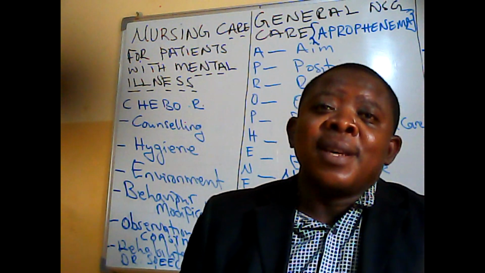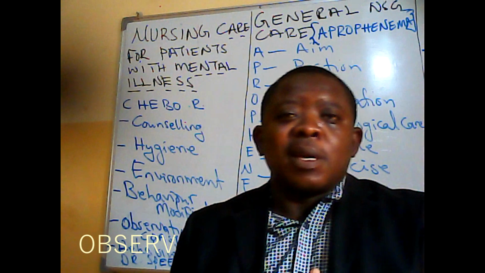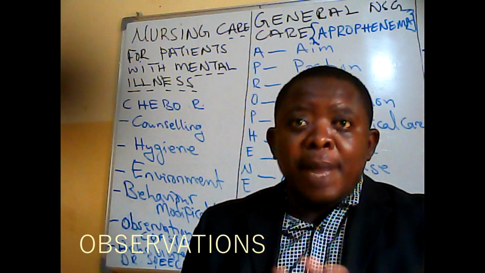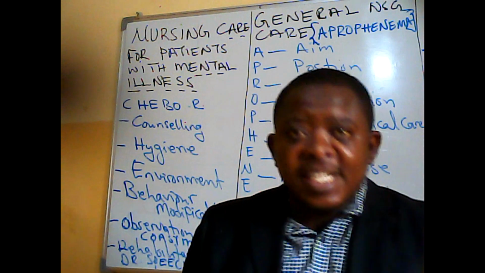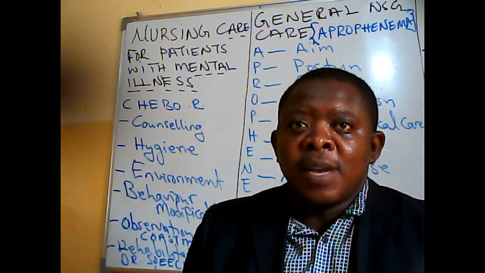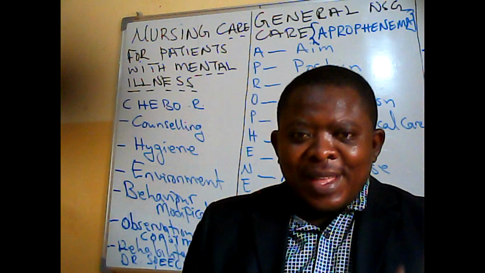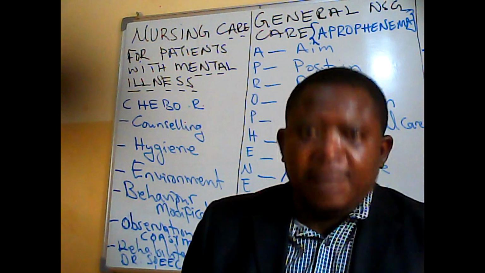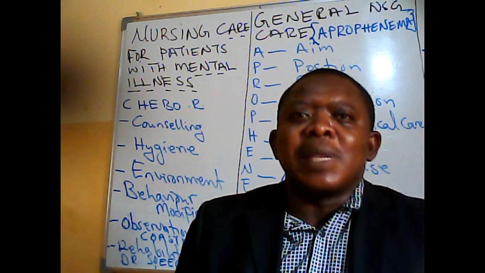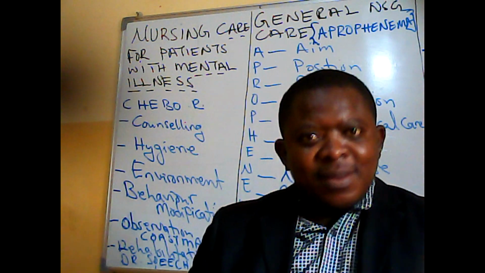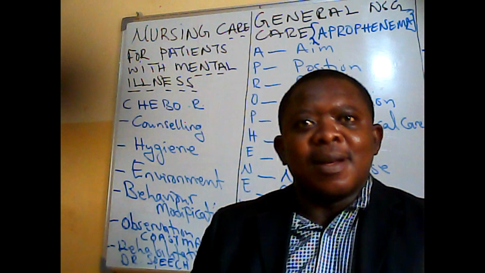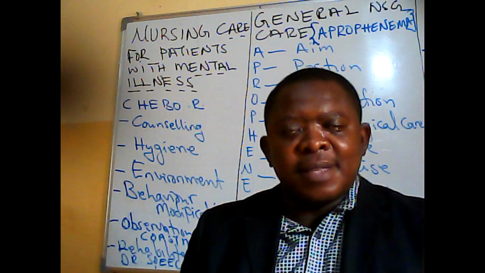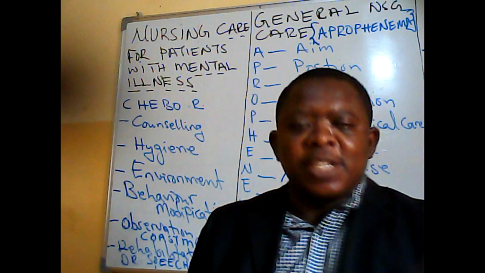Okay. So here, observation, if I have to refer to the previous discussion, of course, that marks the basis of all the nursing care that you can ever give to a patient with mental illness. So when we say observation, we are looking at temperature, pulse, respiration, and blood pressure. But for a patient with mental illness, you need to go beyond, based on the symptoms that the patient may have. That's what I'm saying, syndromic management.